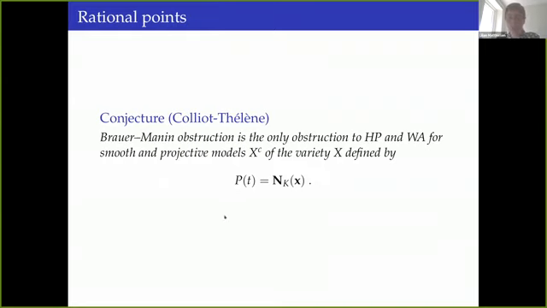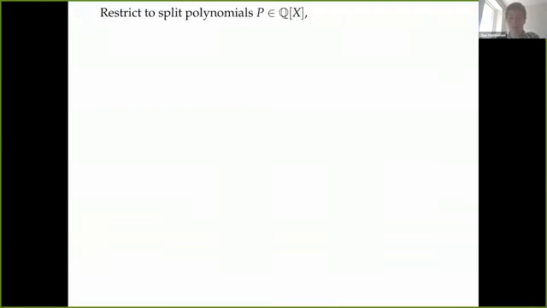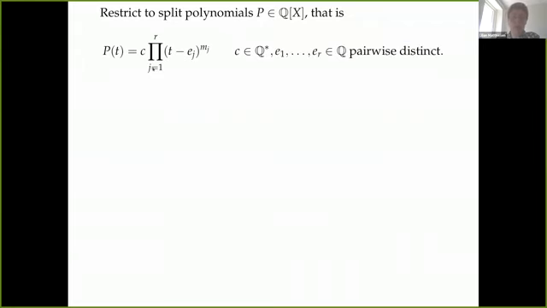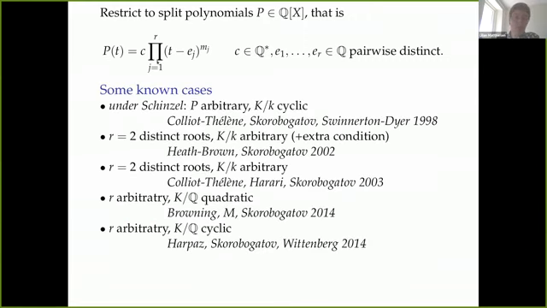We know this conjecture in a good number of cases, and for the purpose of this discussion, I will restrict attention to the case where the polynomial splits into linear factors over the ground field. It should be mentioned that cases are also known in a setting that goes beyond this one. So in here, the notation is chosen in such a way that the e_j denote the distinct roots of the polynomial. Now here are some known cases.